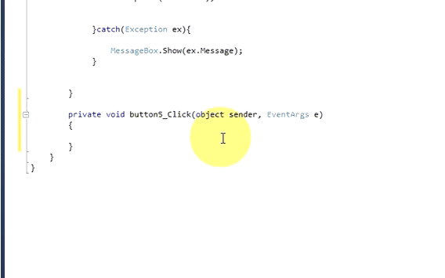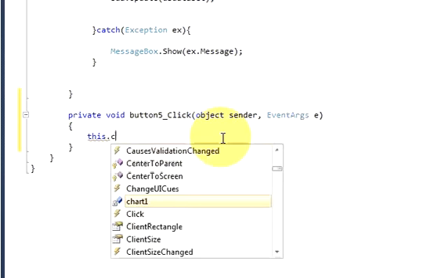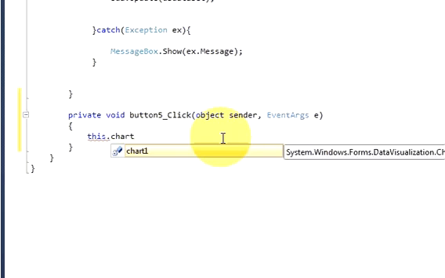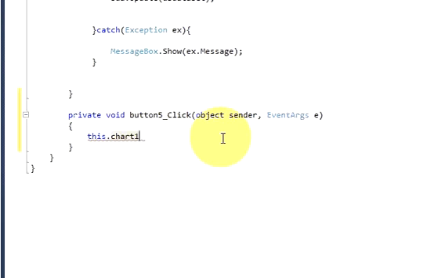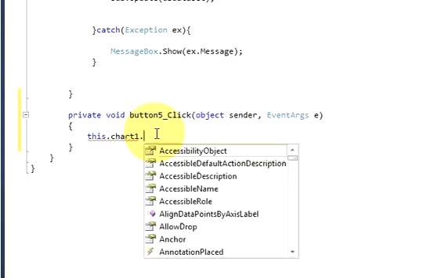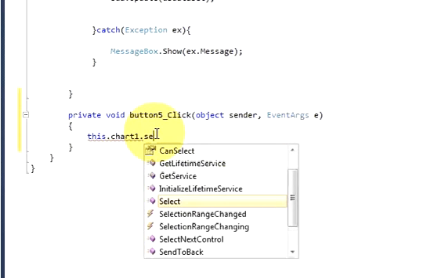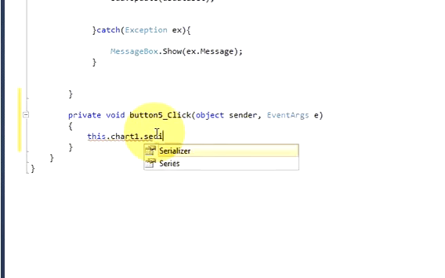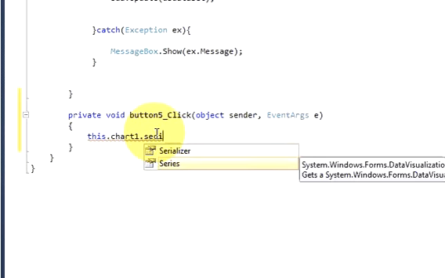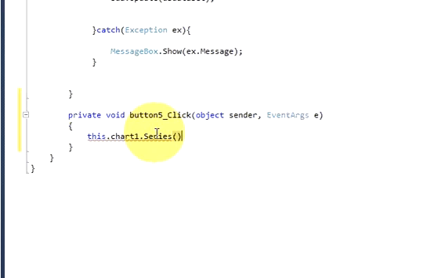So I will write this dot chart 1 dot series, and in the series you will pass the series name. In my case it's age, then dot,